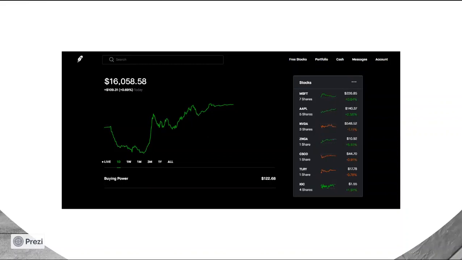The top navigation bar from left to right is the Robinhood logo, which takes you back to the portfolio page, the search bar, the free stocks page, which shows your list of free stocks that you received,